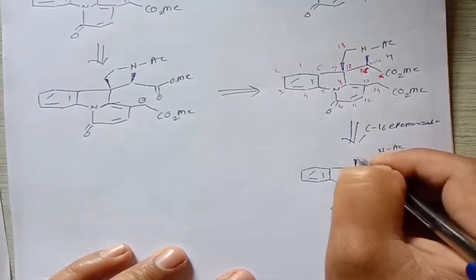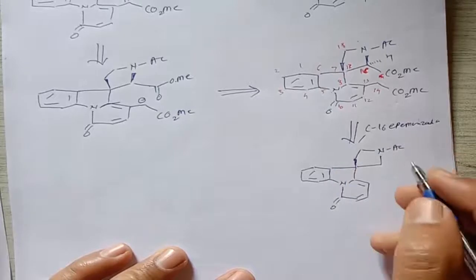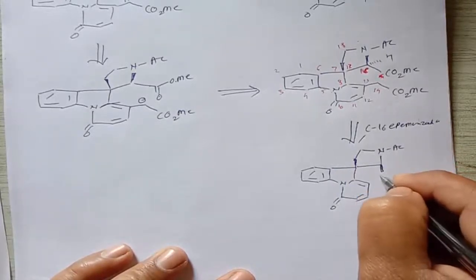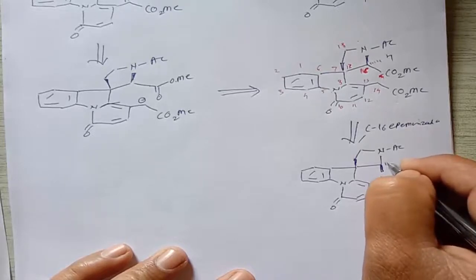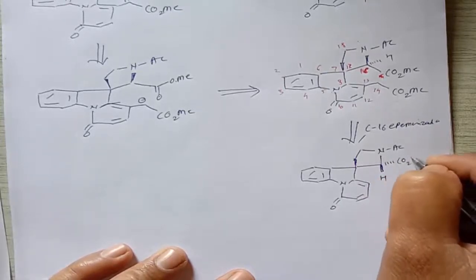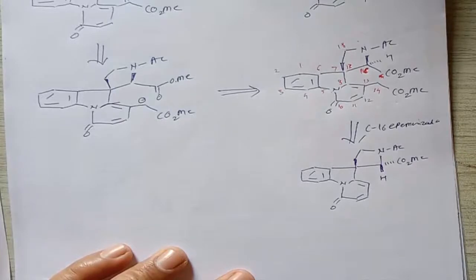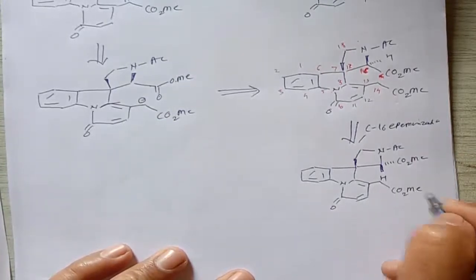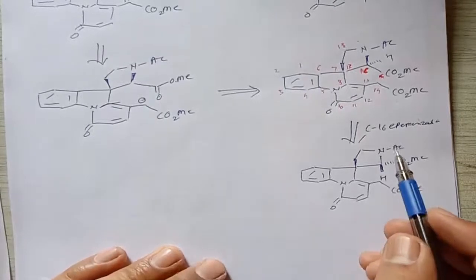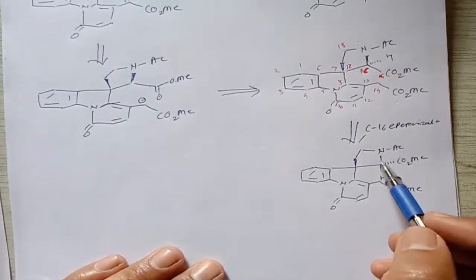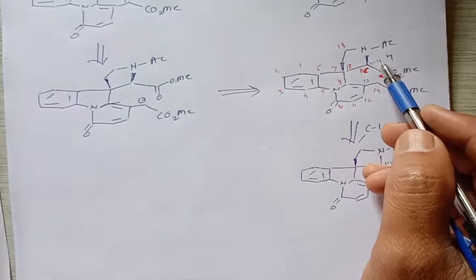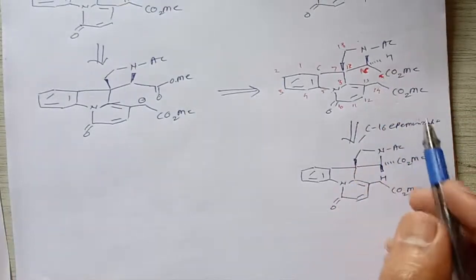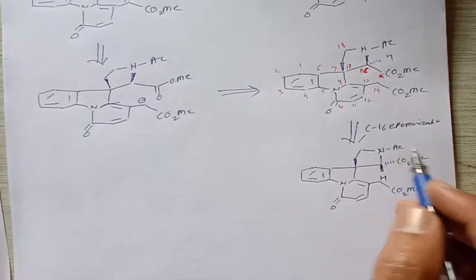NAc group, and then CH2, then here is CH3, then this hydrogen which is below the plane becomes above the plane, and then this CO2Me which is in the plane goes below the plane, and then the remaining is CH2CO2Me. So what we do here is epimerization, that means the hydrogen which is below the plane becomes above the plane, right? So only the epimerization we are doing here.